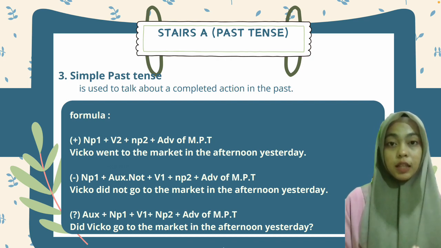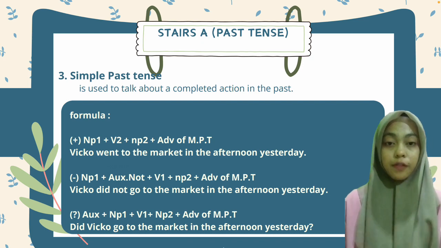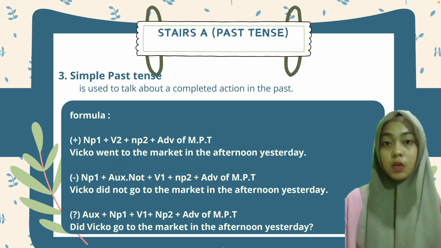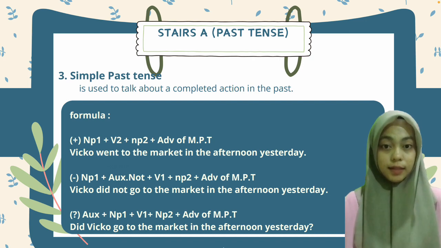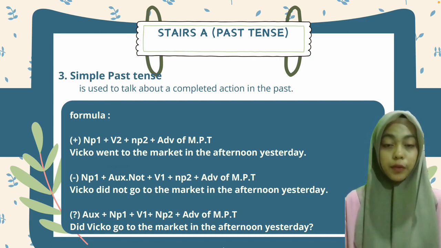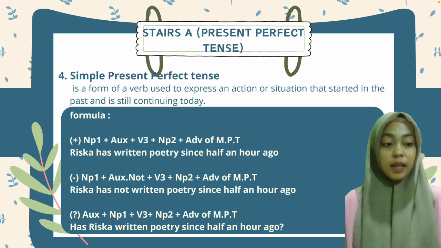So did at the beginning is used for the interrogative. Did Fico go? So the verb used is verb 1. For the negative and interrogative, we use verb 1. Okay, and the next,